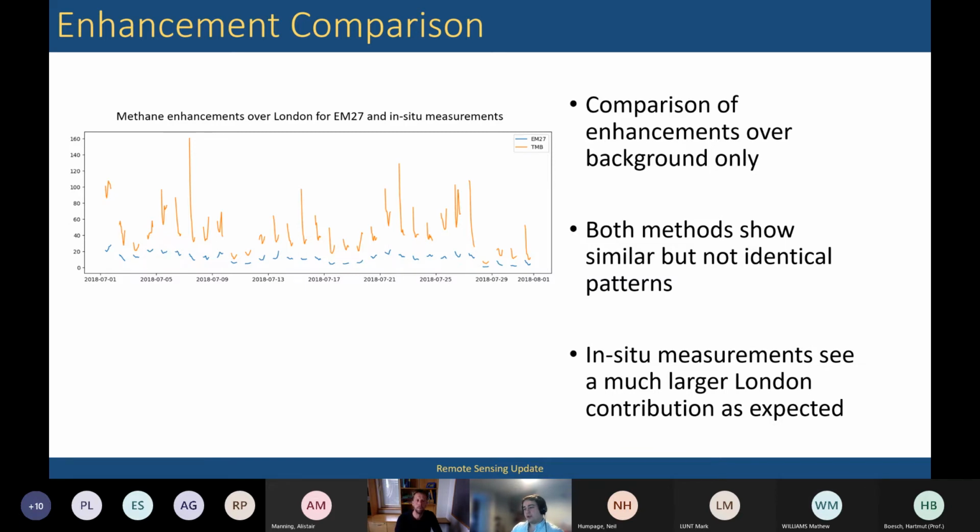So we can see, again, we have the Thames Barrier and the EM27 Sun, two measurements again. And if we look at Thames Barrier first, you do see these big lines now going down rather than up. And this will be because I've filtered the Thames Valley data to the same timescale as the EM27 Sun, and this will likely be due to, again, boundary layer effects. So at the start of each day, it's got that nighttime high, and then as the sun warms up and the boundary layer increases, the concentration we see goes down, which is why for the Thames Valley, we get this slope downwards. And then for the EM27 Sun, we got a much flatter curve, which again, I think you would expect to see,